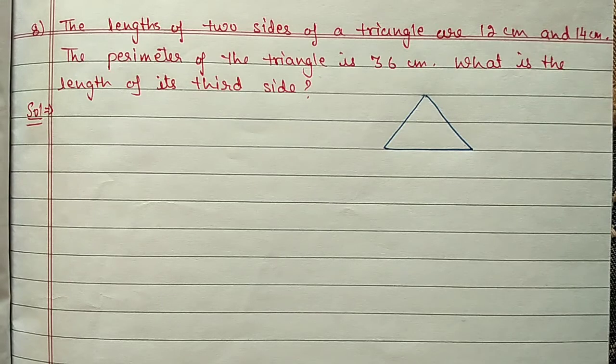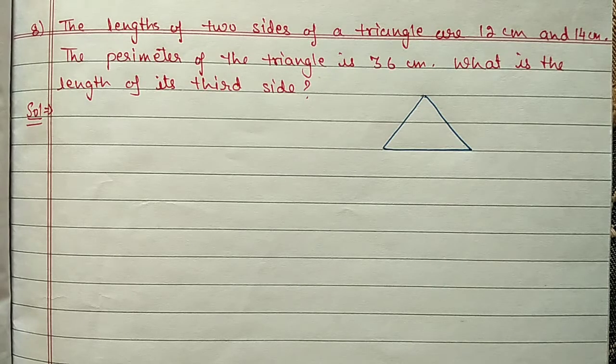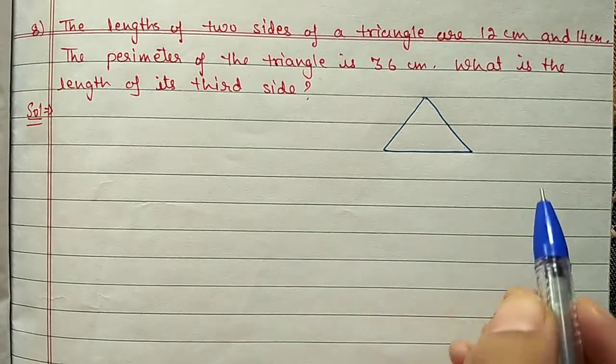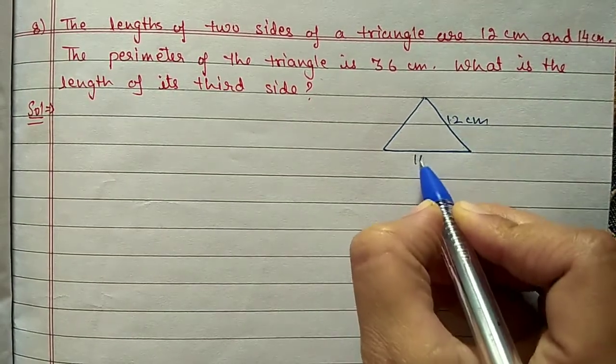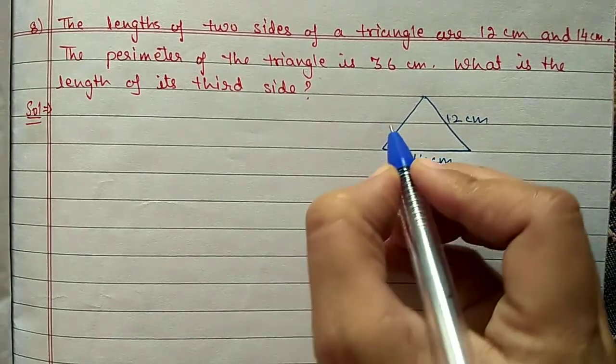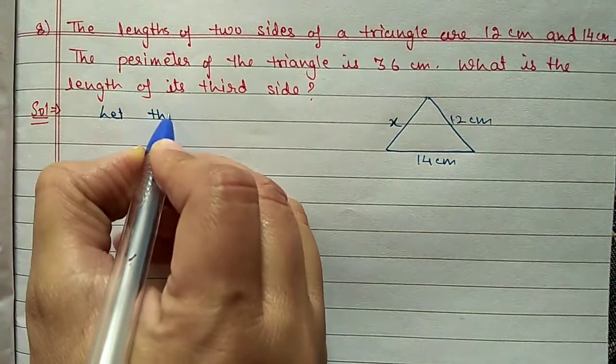Next question number 8. The length of two sides of a triangle are 12 centimeter and 14 centimeter, and the perimeter of a triangle is 36 centimeter. What is the length of third side? So two sides are given. Suppose this is 12 centimeter and this is 14 centimeter, and this we have to find out. Let it is x. So we'll take, let third side is x,